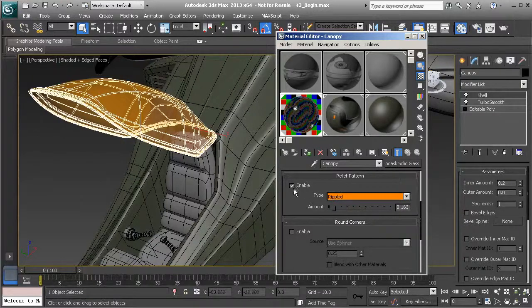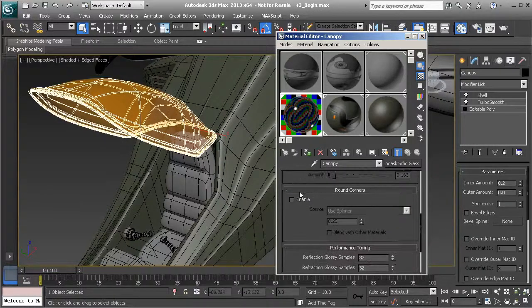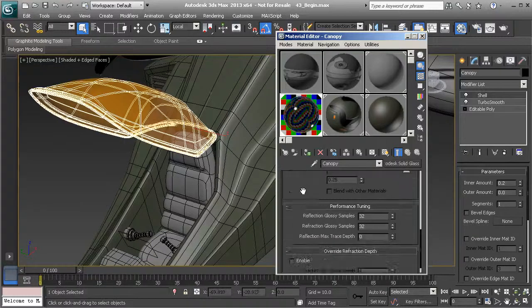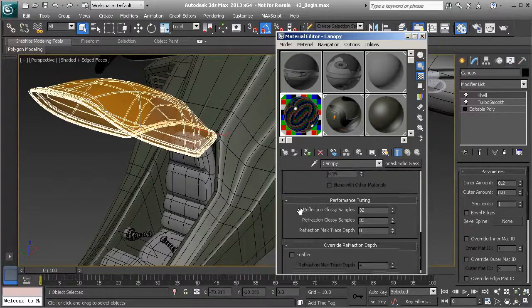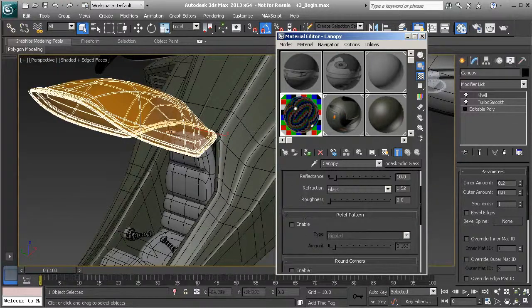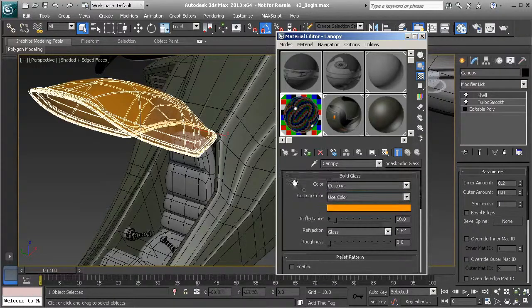Okay, now I don't really necessarily want a relief pattern. I want that to look nice and smooth there. But I just wanted to show you some of these different options, and you can experiment with these as you go along. Alright, so now that I have that, and we can see that applied in our scene, one thing